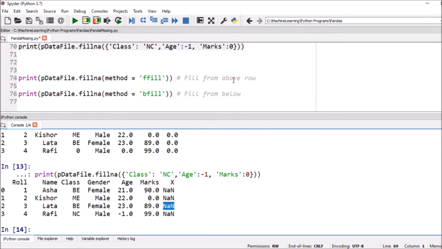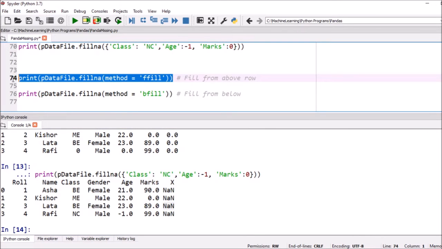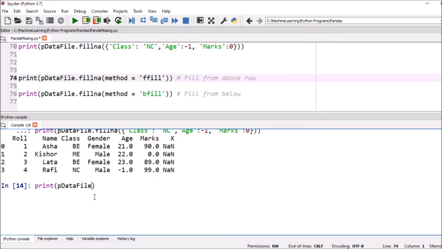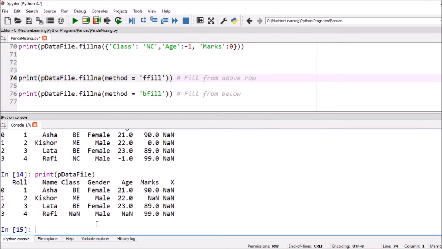Now here, fill from the above row. That means we can fill with the above rows. Now just print once again and fill with the above row. Now if we execute it, you can see no missing value is there, it will fill with the above row.